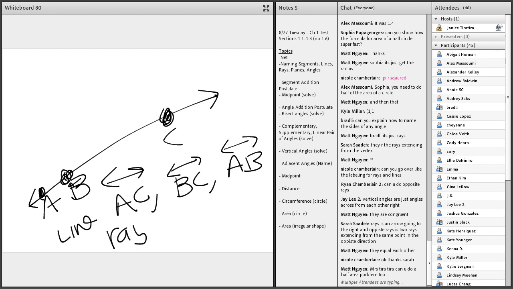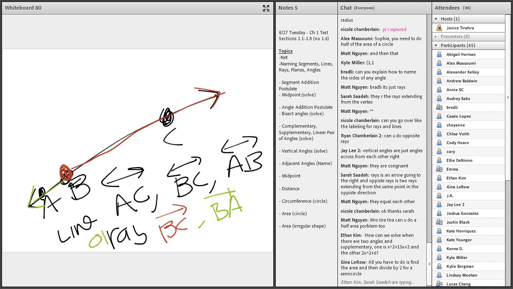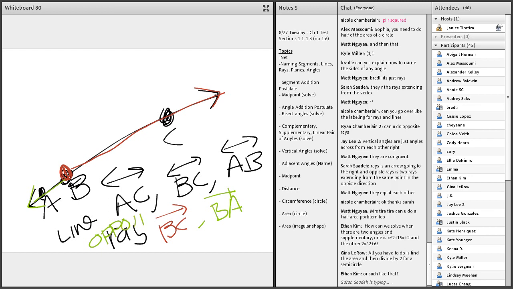There are different rays. Let me highlight it. If I start at B and I go this way, that's ray BC. I have to start at B. If I go the other direction in green, that's ray BA. The red and the green are now considered opposite rays. They go in different directions and they start with the same letter. However,